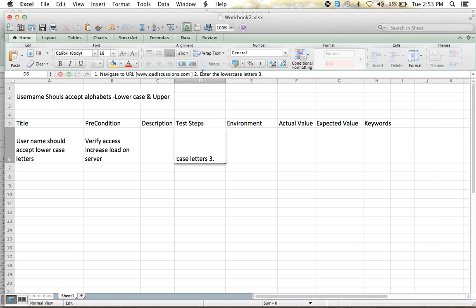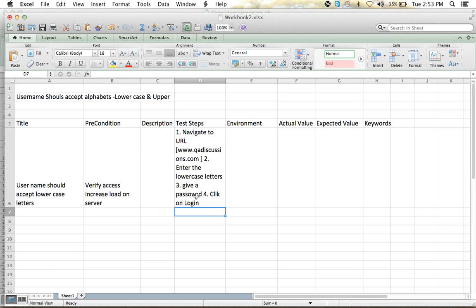And the third point, click on, or we need to write a password even, right? So give a password. Fourth one, click on login.